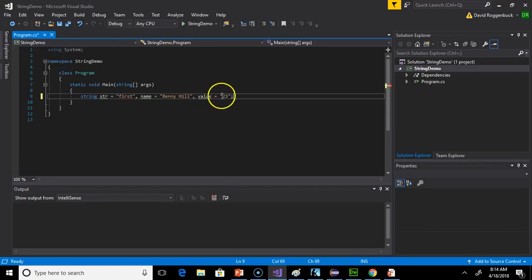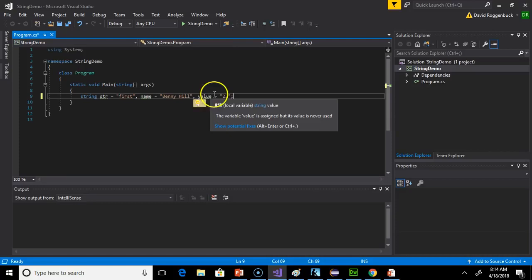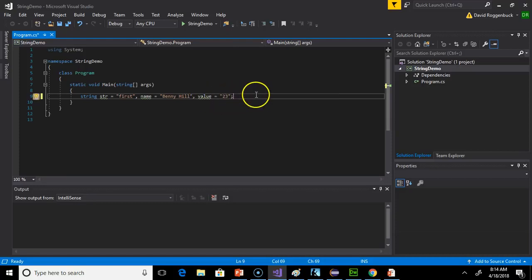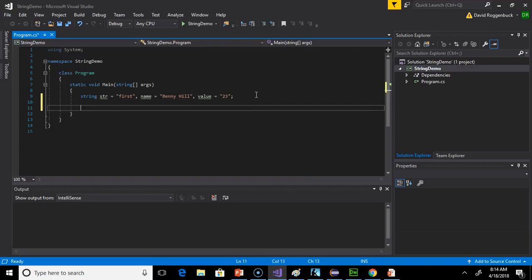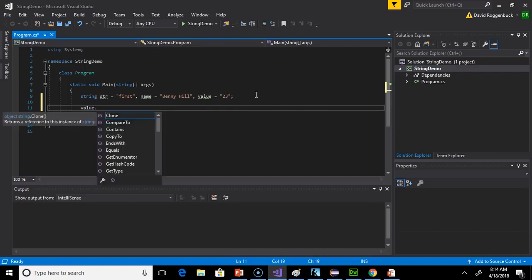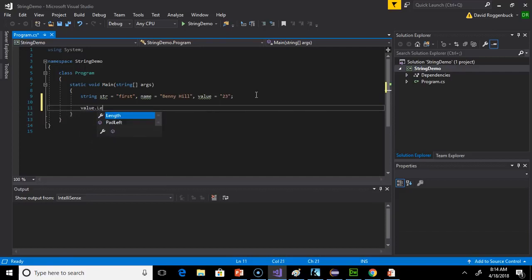Right? Reason why I point that out is because you can technically have numeric strings. Okay, even though value could be like an integer or a double or something like that, we're just going to go ahead and give it a numeric value just for our purposes. Right? So first things first, I want to find the length of a string, and then I want to output the value. So let's just start off first with, let's use value. Okay, so if I just say value.Length,